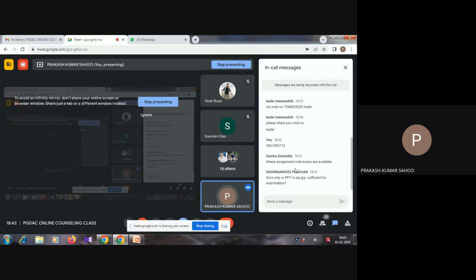There are no assignment notebooks. Just download the assignment questions from the IGNOU website, and try to get the answers from your IGNOU study material. And one important tip I can share with you: